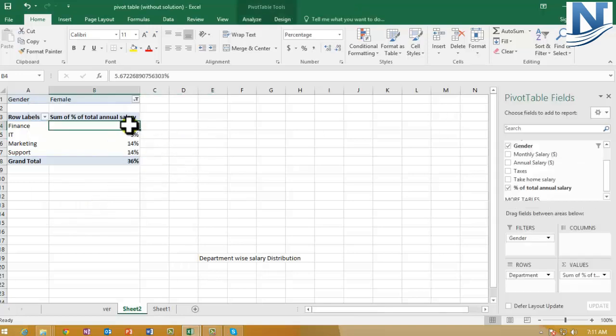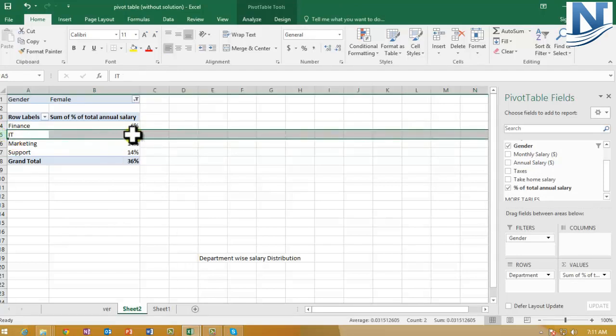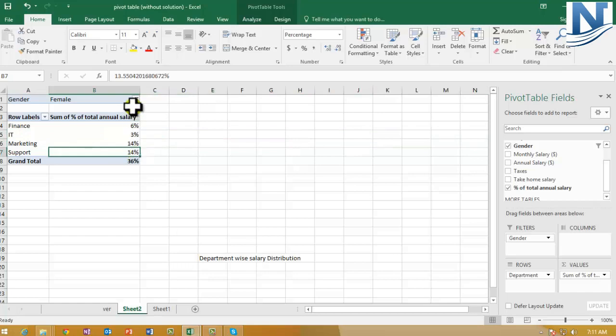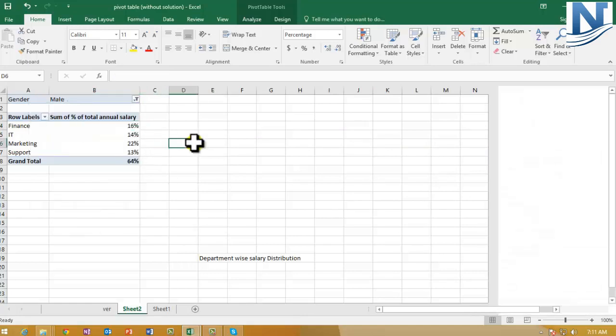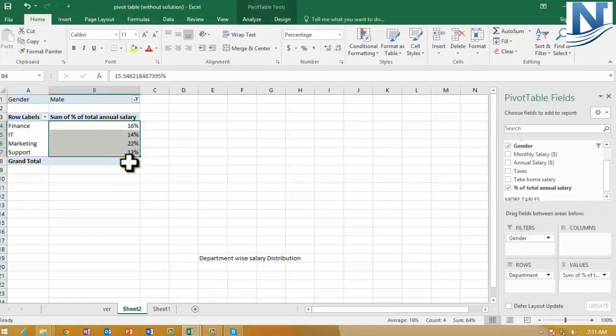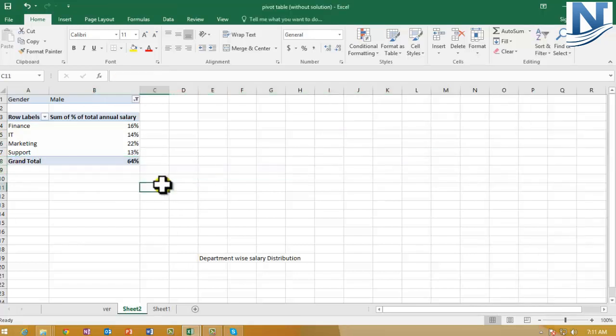Now you can see from finance, 6% is drawn by female employees. Similarly for IT, marketing and support, these are the respective salaries drawn by the female employees. Let's change it for male employees. Just select male, and now you can see the numbers have changed. Total salary drawn by males for all the departments comes to 64%.